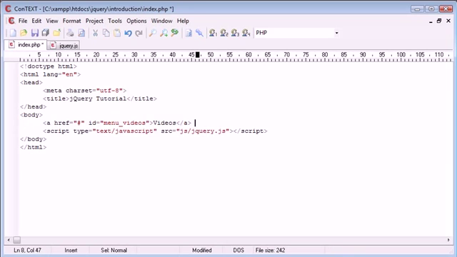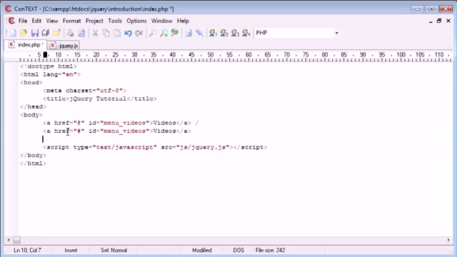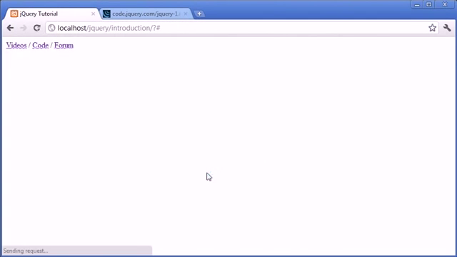I can then go ahead and copy and paste this, and I'm just going to paste this to make 3 references of it. I'm going to put a slash after each one. So I'm going to change these values just so we can get a bit of variety, and then change the IDs that are associated with them as well. So as long as we've done this and we have a menu that we want to show, for example videos, code and forum, you can see at the moment nothing happens, the links don't go anywhere, and nothing happens when